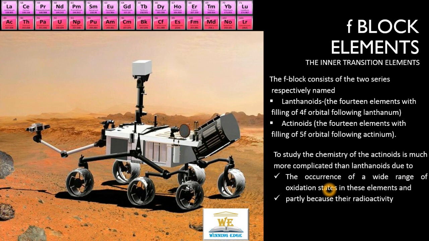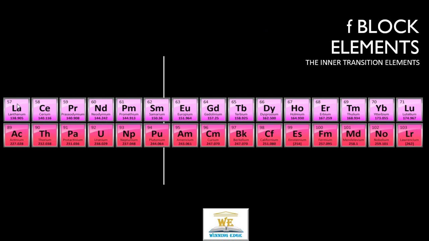So let's first see these two series. Lanthanoid series starts with lanthanum, 58 cerium, praseodymium, neodymium, promethium, samarium 62, europium 63, gadolinium 64, terbium 65, 66 dysprosium, holmium 67, erbium 68, thulium 69, ytterbium 70,